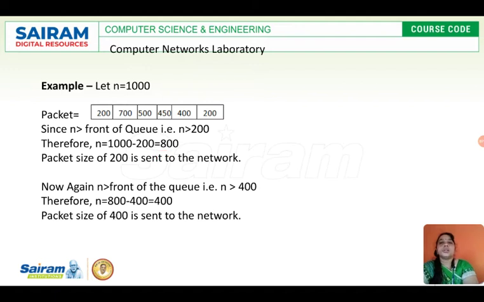So next, who is next in the queue? The packet whose size is 400 bytes. Only 800 bytes can be occupied now, so we have to check whether 800 is greater than 400. Yes, it is greater, so I am allowing the next packet. Out of 800, minus 400 leaves 400, so I can accommodate another 400 bytes of data in my buffer.